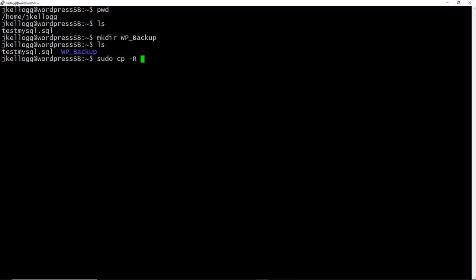The directory that we want to copy is /var/www, and then we want to put in an asterisk here because that serves as a wildcard to grab everything within this www directory. So this is the directory we want to copy. Now we need to put a path to the directory we want to copy all of those files to. We can use the tilde, which is essentially /home/jkellogg. This is just a quick and easy way to say from my home directory. And we'll do a slash and wp